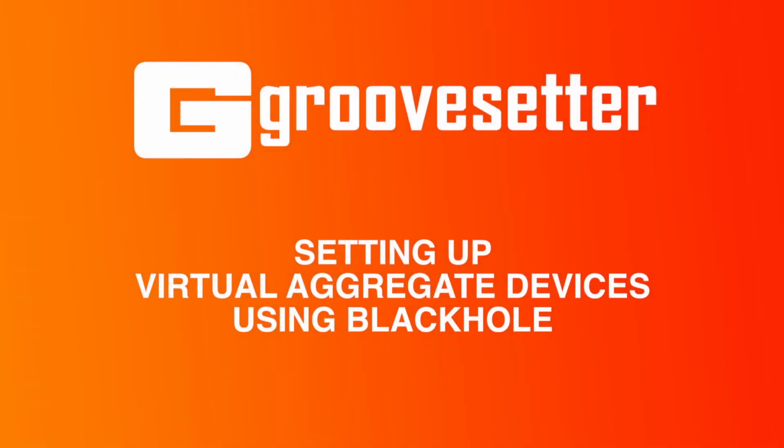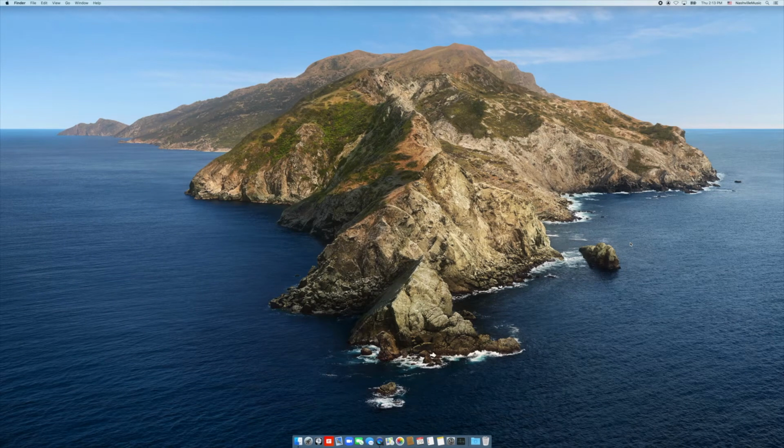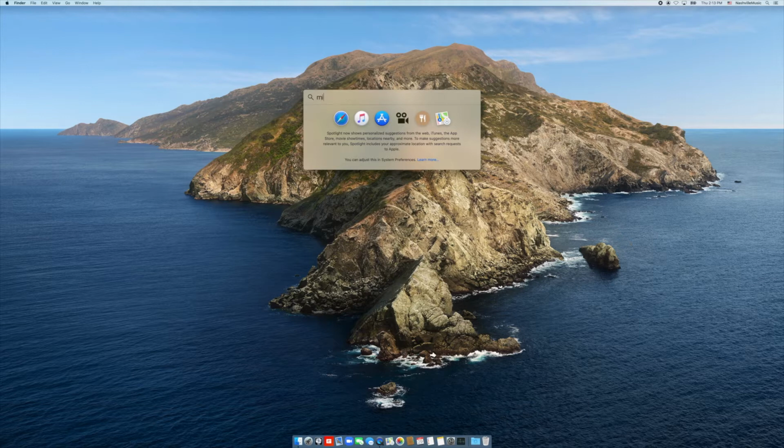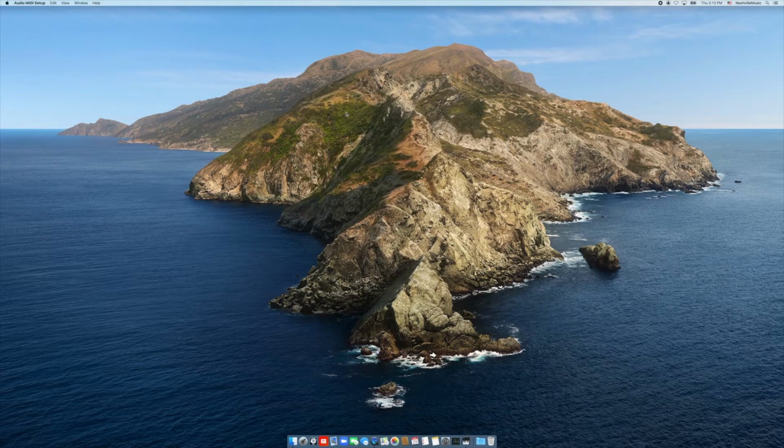This tutorial will show you how to create and use an aggregate sound device on Apple computers, using Existential Audio's Blackhole, an open-source virtual audio driver. An aggregate device lets you use audio inputs and outputs from different devices at the same time when using Groovesetter. Using an aggregate device with virtual components will allow you to route audio directly into, or out from your digital